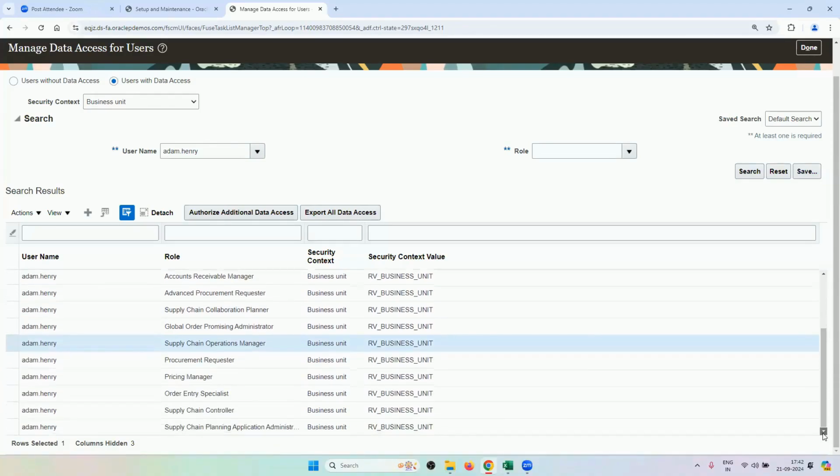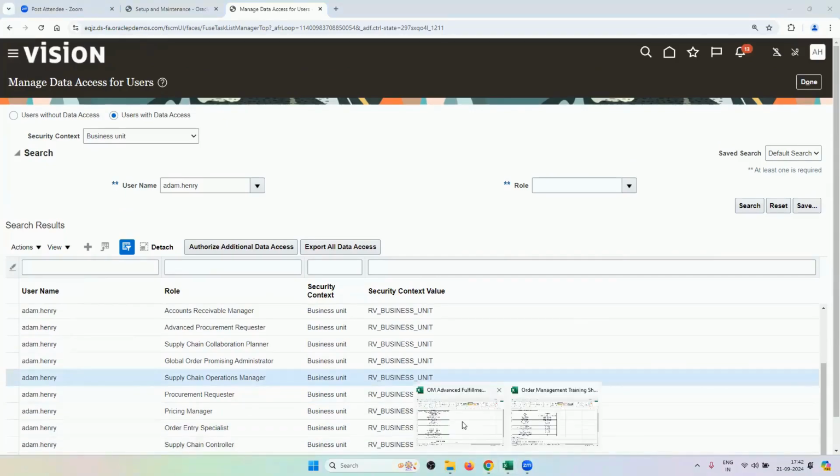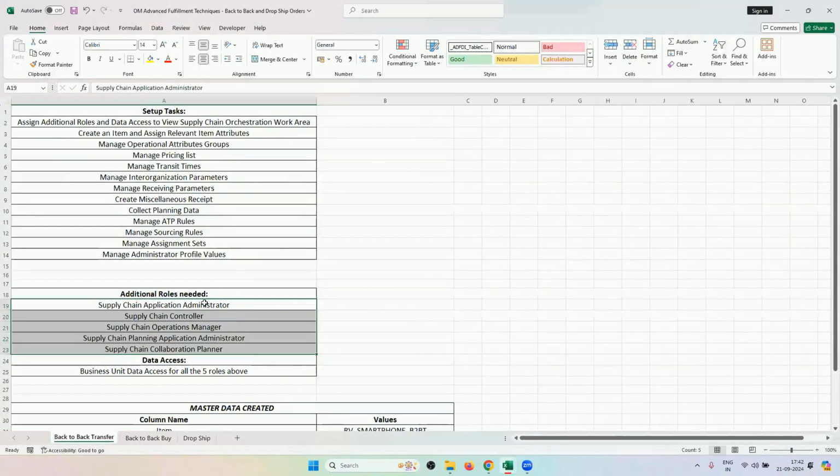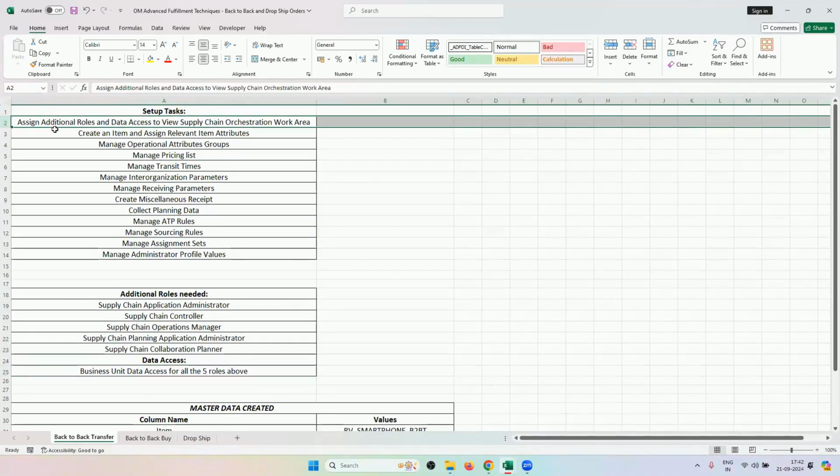So if I come down, yeah, supply chain controller and planning application administrator, also business unit role access have been given. As I mentioned in my sheet as well, all these 5 rows need business unit data access. So this has been done. So we are done with the first task of assigning data additional rows and data access to view the supply